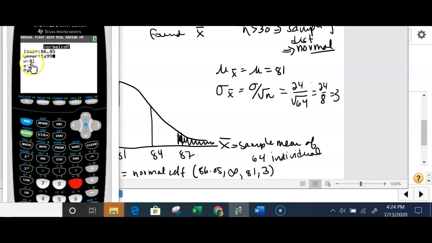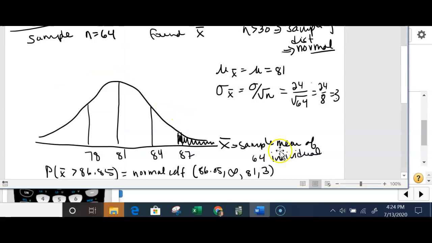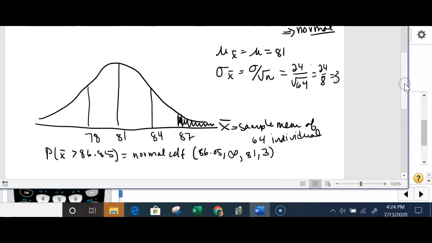So then I have 81 as my mean, and my standard deviation is this one, because we're looking at the sample mean distribution. When you come down here and paste it, you push enter, and you get 0.0256. Which you got right. Okay? The next problem